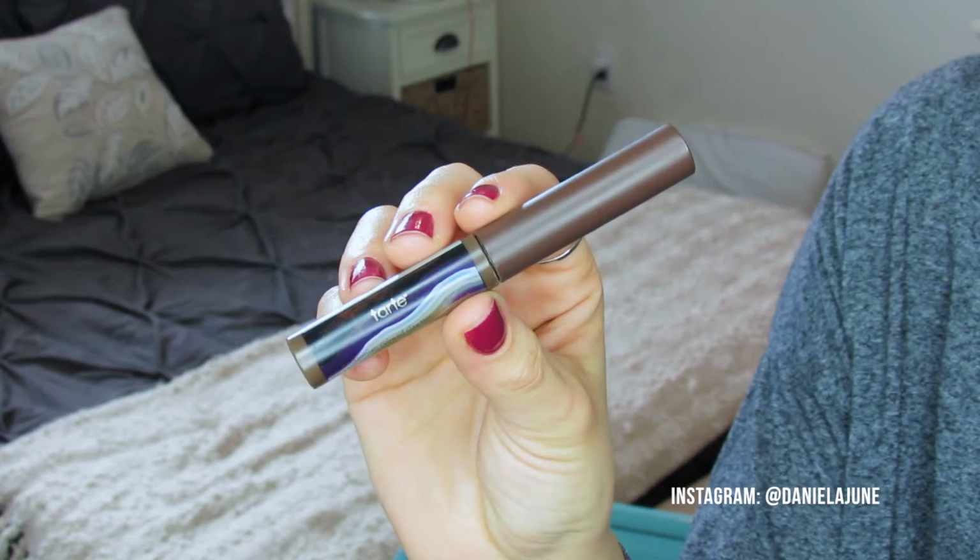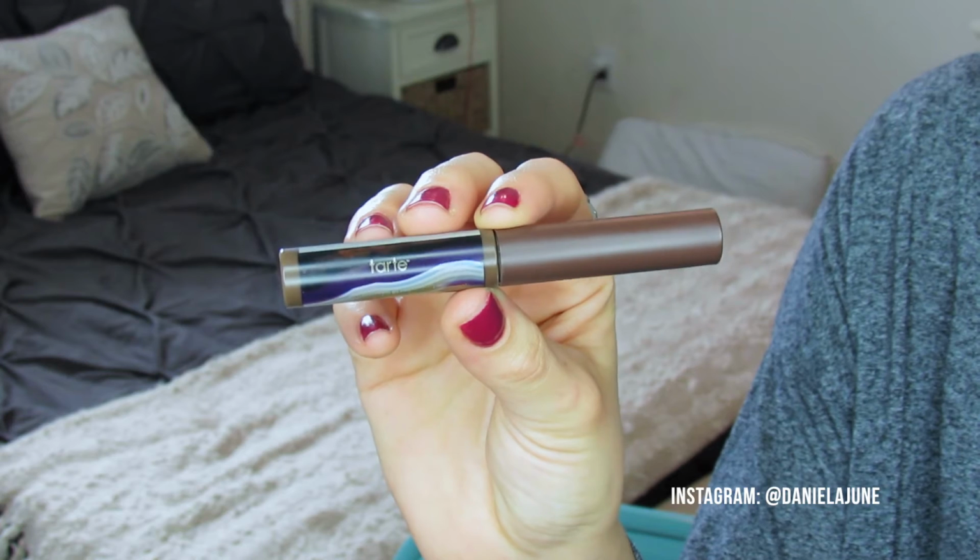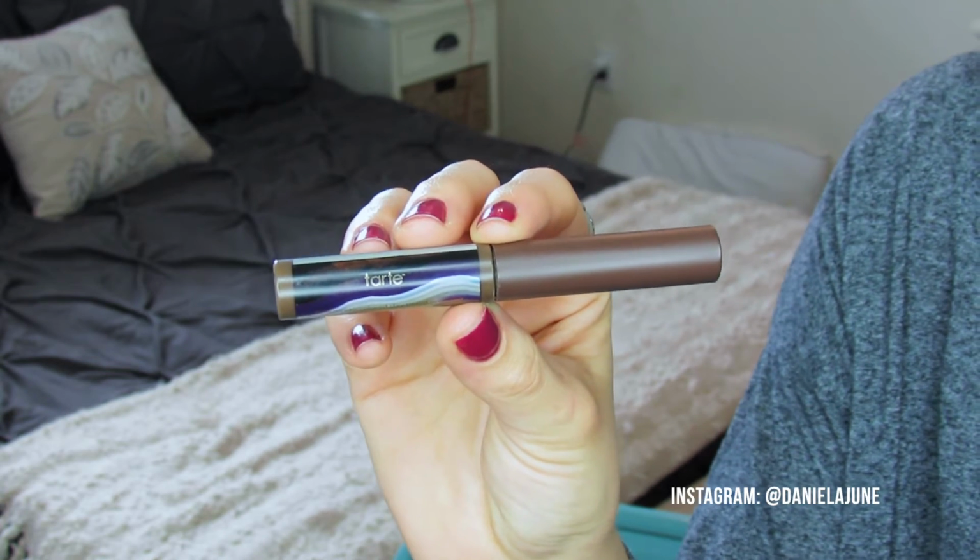Next up, I have a little brow product, and I actually have a brow routine coming up. I filmed it, and I'm hoping it turned out okay so that I can post it. But this is one of the products that I've been using in my brows every single day. Not sure whether I've mentioned this in the favorites or not yet, but it's the Tarte Amazonian Colored Clay Tinted Brow Gel. And the reason I love this so much compared to, let's say, the Benefit Gimme Brow,